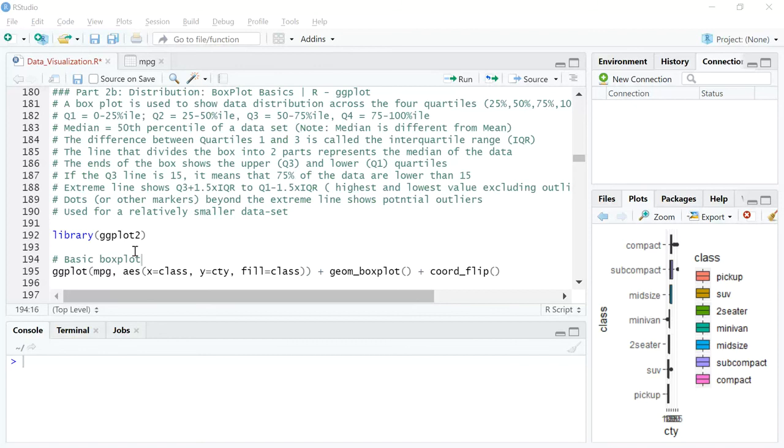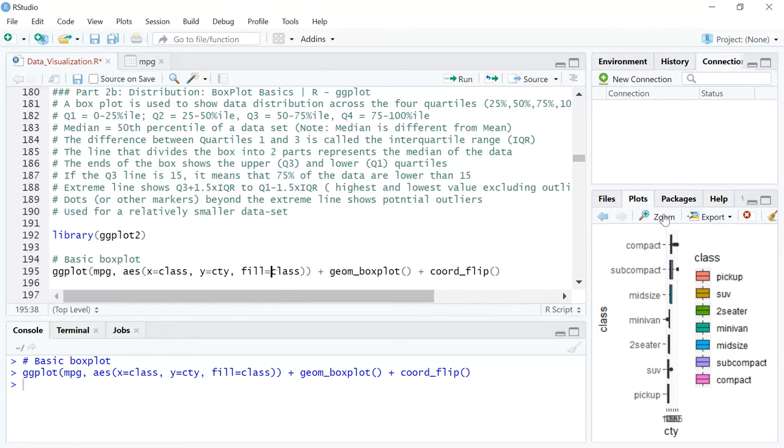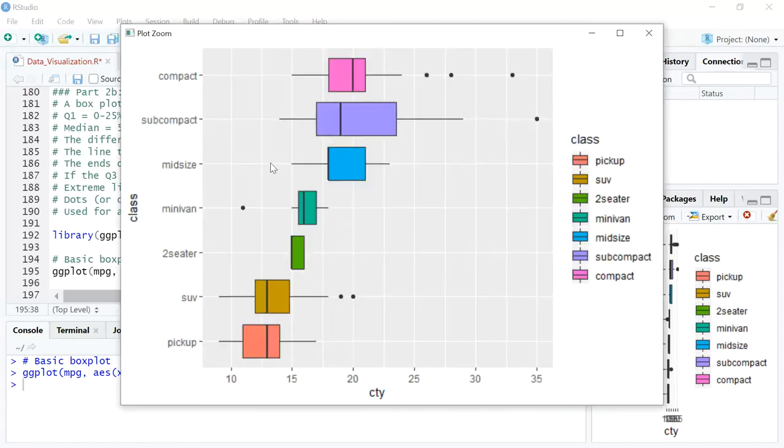So if you're watching this video for the first time, in order to make a box plot, you will have to use the ggplot2 package. You just have to say install.packages within parentheses and put double quotes, and inside the double quotes just mention ggplot2. If you've already installed ggplot2, just call on the library ggplot2, and then we'll get straight to action, right? So I'm going to first run this code for you before I explain what ggplot is. Right, so this is the output of the code that I ran.